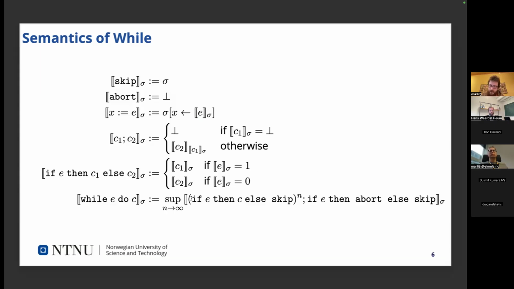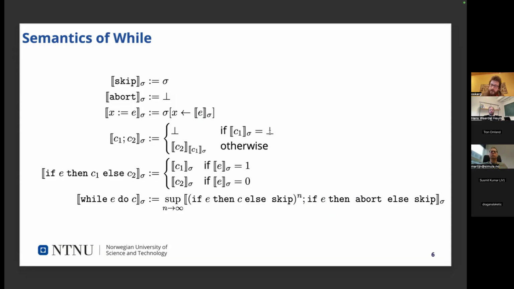We continue iterating n times, and then if we still haven't broken out of the while loop, we don't terminate. And then we take the limit of this as n goes to infinity. And this turns out to be well defined because you'll only be adding these aborting cases as you increase n. They will now, instead of abort, continue running for one more iteration and then one more and so on. And this supremum,